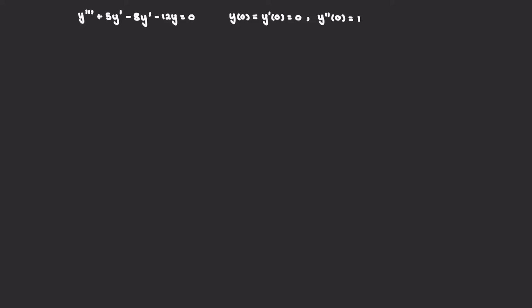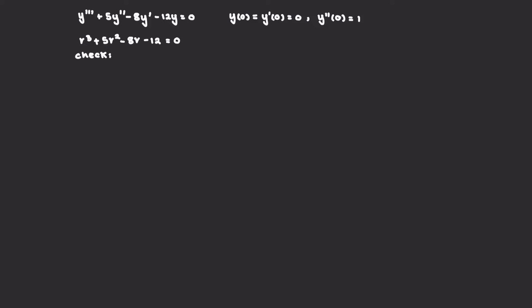of higher order homogeneous linear ODEs without the initial value conditions, which is taking the characteristic polynomial of this ODE, r cubed plus, actually this is 5r squared minus 8r minus 12 equals 0. And then from here on, we want to factorize this characteristic polynomial equation. But to do this, we cannot factorize this normally, so let's use Horner's method, which we want to check